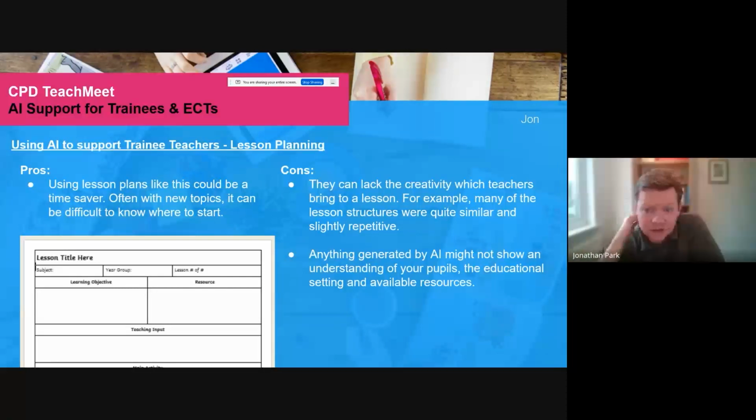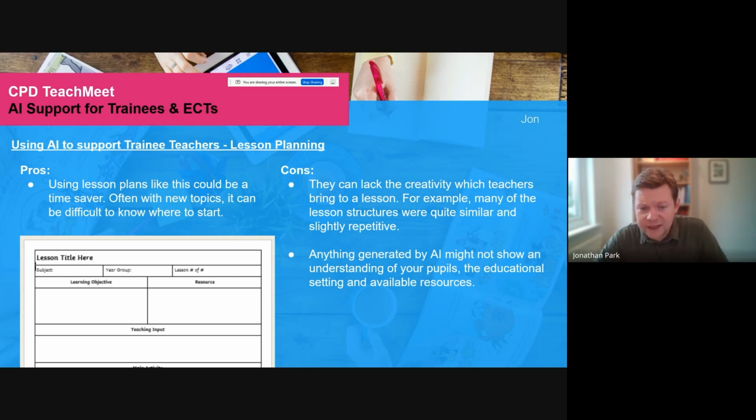Yes, obviously, AI is a great way to get started and save time. I think the 2 areas when using AI as a teacher, think about it as getting the ball moving at the start and saving time in the long run. Often in new topics with lessons, you're not quite sure where to start. I remember particularly as an ECT, or NQT as it was when I did it, you don't really know where to start in a new topic. AI can get you that starting point, get the ball rolling. And the other thing it can do is get the ideas you have and type it up for you, work it into good language and save you time that way.